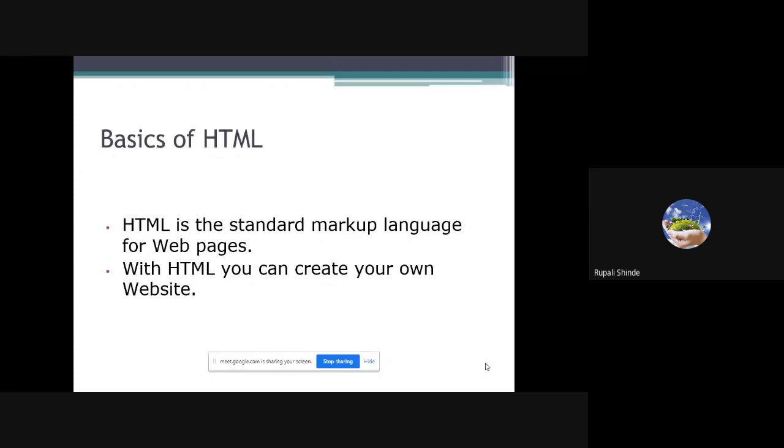Those who access your websites from the server are the clients, and centrally we locate our web applications on the server, which are then accessed by the clients.